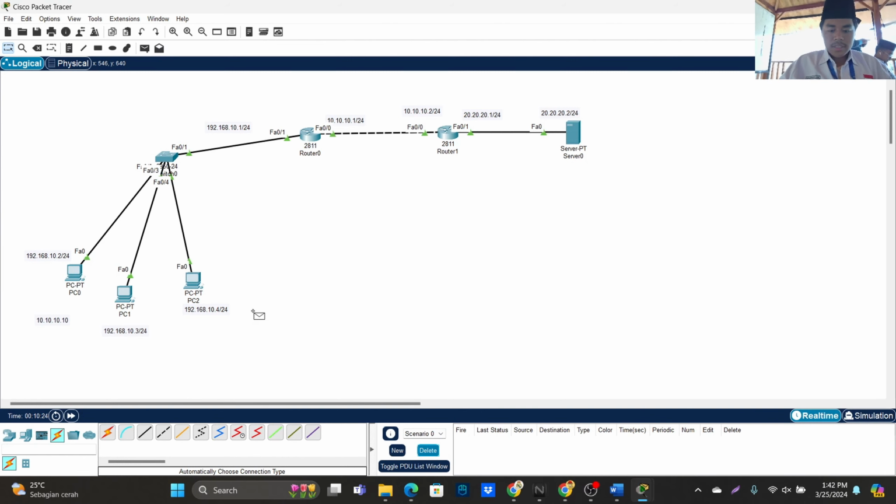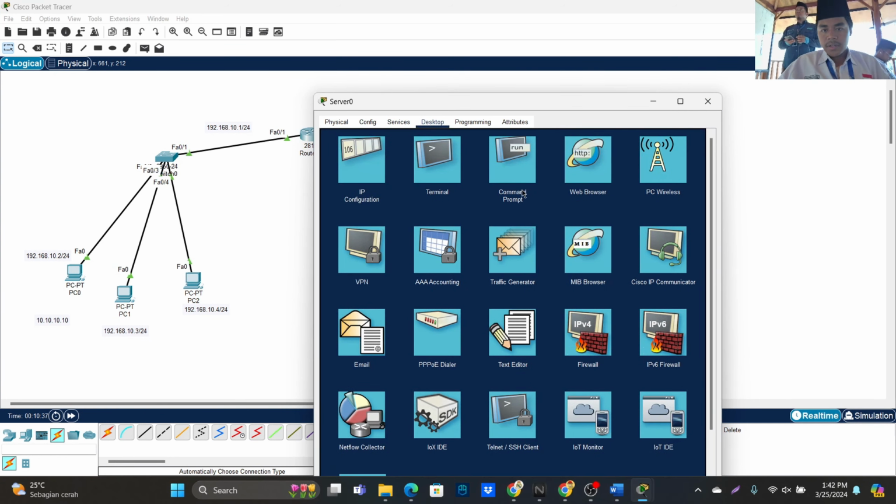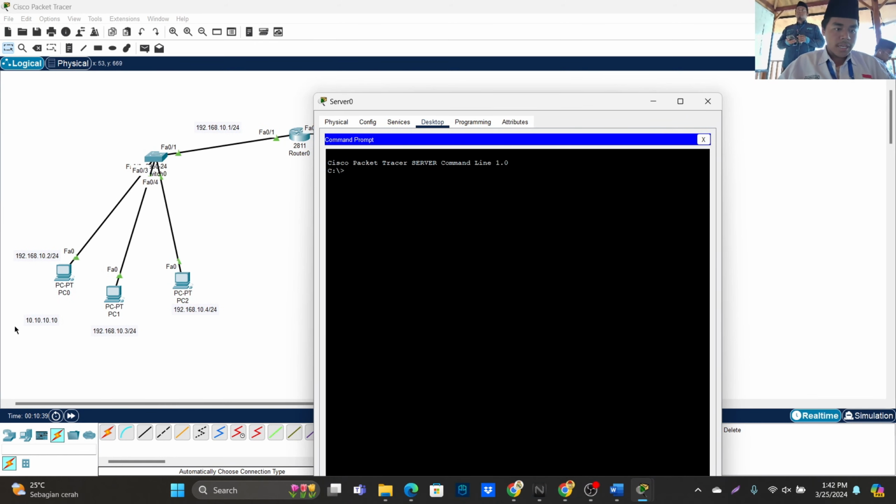All devices cannot ping, but the server can ping to this IP 10.10.10.10.